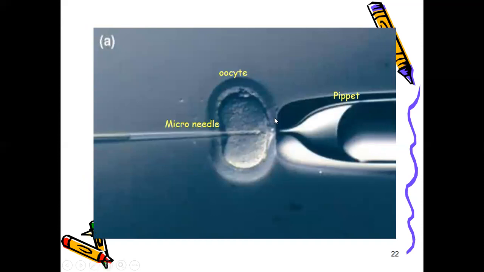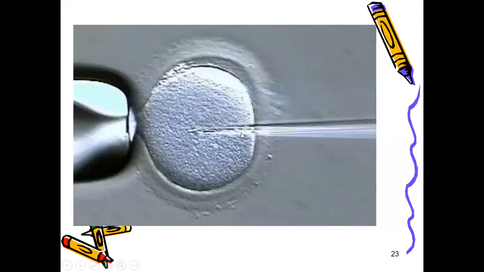So this is the method by which DNA microinjection is done using a microneedle and a micropipette. This is the outside, in which we have inserted the recombinant DNA inside the egg. This is the diagram in which it is indicated clearly that the recombinant DNA has been transferred into the female egg cell.